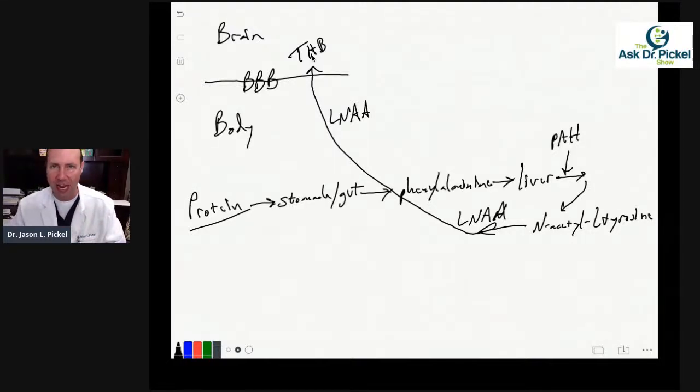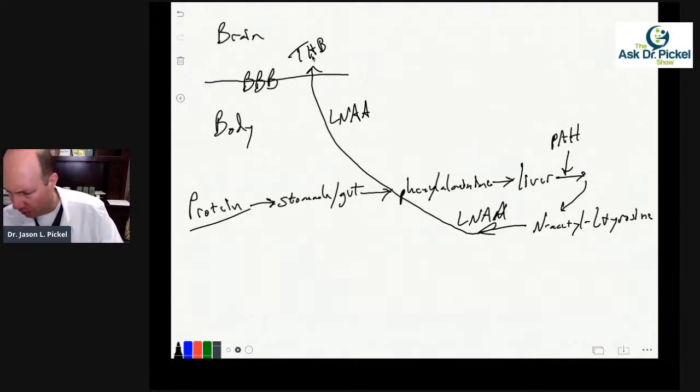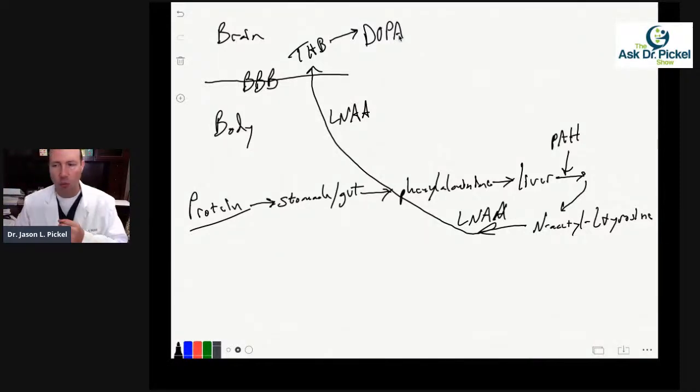This tetrahydrobiopterin is pretty important. And let's just go quickly here. This one gets turned into another thing. Basically, you may have heard of this. It's called DOPA, which DOPA is basically what we call